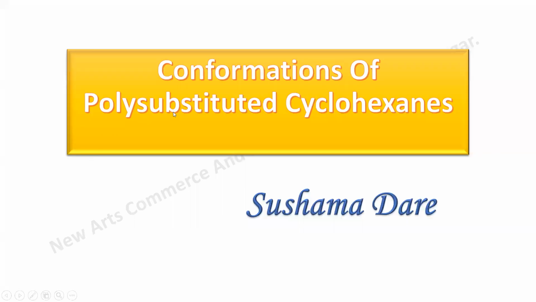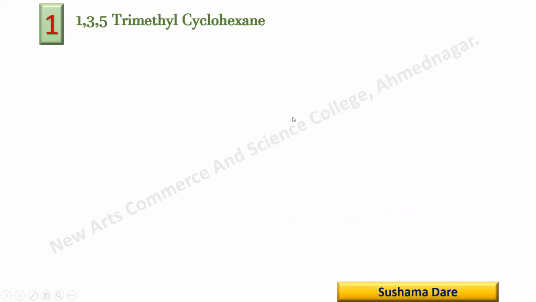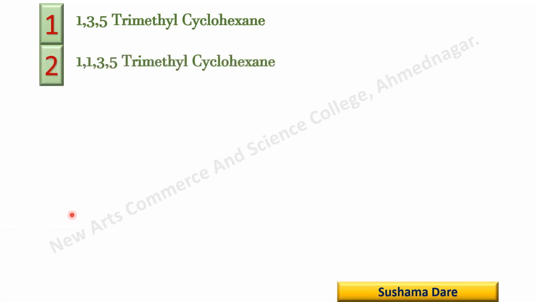Dear student, in this video, I am going to share the conformations of polysubstituted cyclohexanes. In the previous video, we already discussed the first conformer, that is the 1,3,5 trimethyl cyclohexane. Now in this video, the next molecule, that is 1,1,3,5 tetramethyl cyclohexane, we are talking about the different conformers of